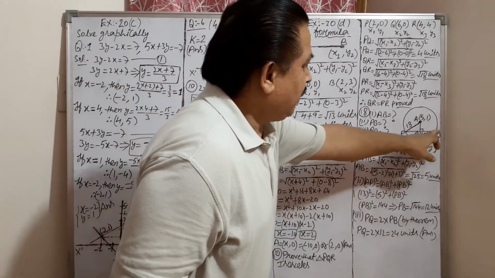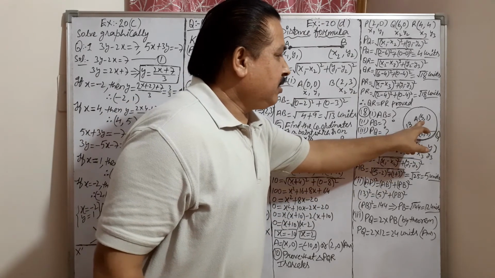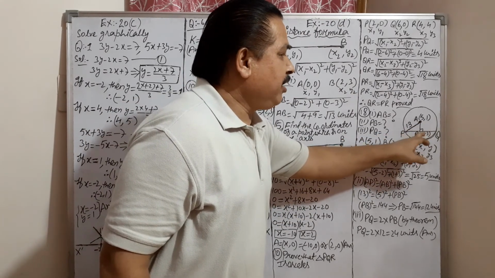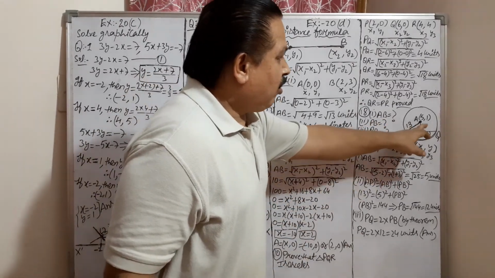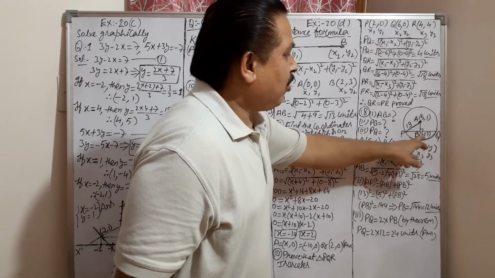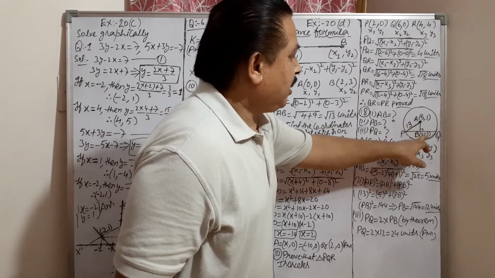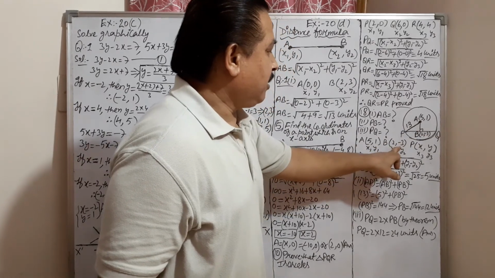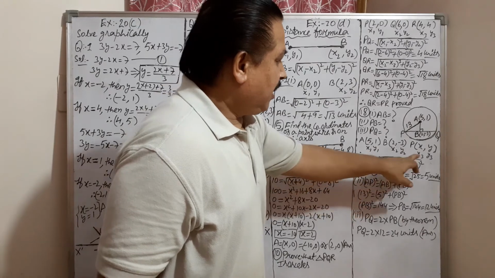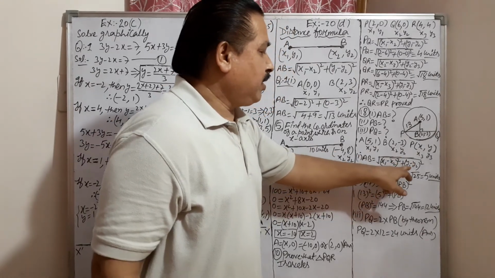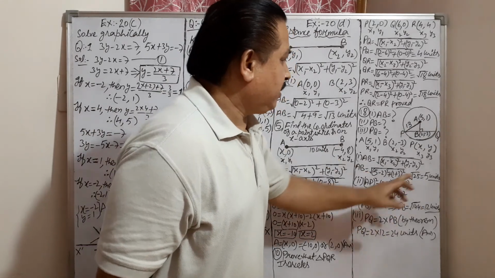Now see question 18. There is a circle and this is a chord. PQ is a chord and this is AB. AB is perpendicular to the chord. Find the length of AB. A coordinates are given as (5, 1) and B coordinates are given as (2, -3). So it is x1, y1. This is x2, y2. See here. And use the length formula: x1 minus x2 whole square plus y1 minus y2 whole square. So AB is coming as 5 units.